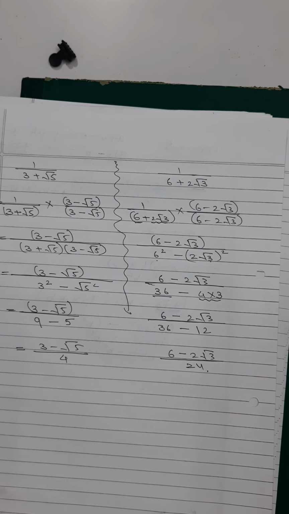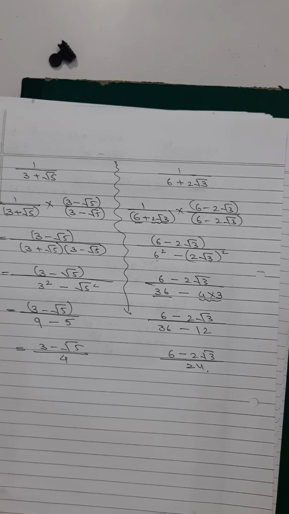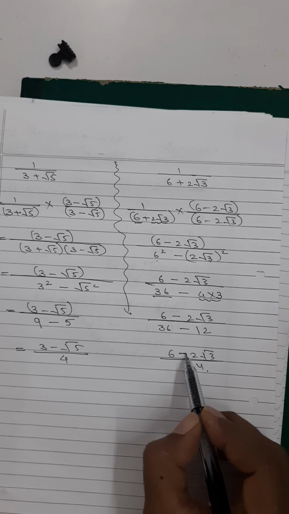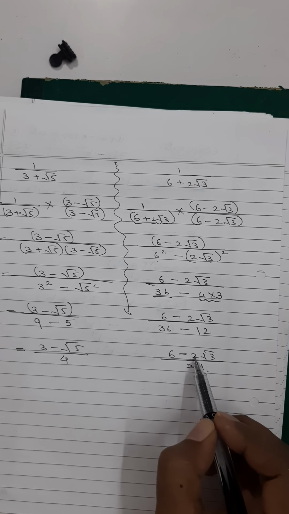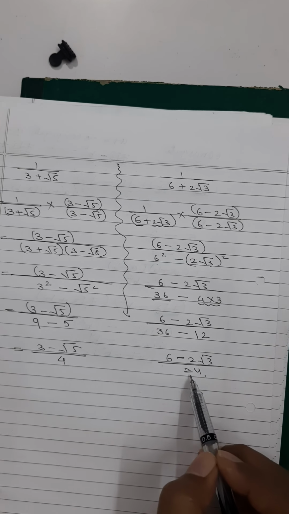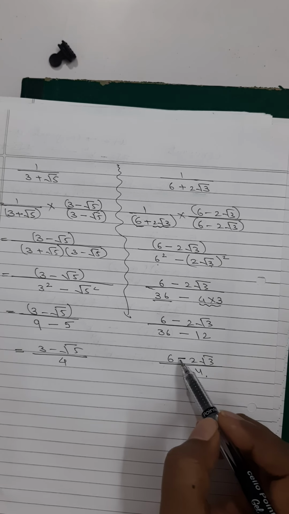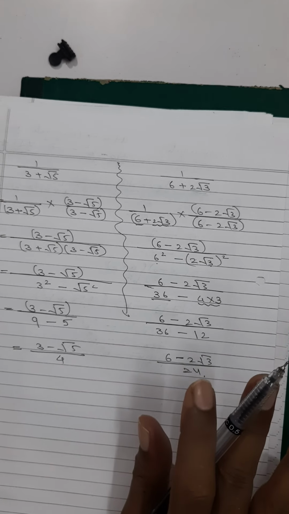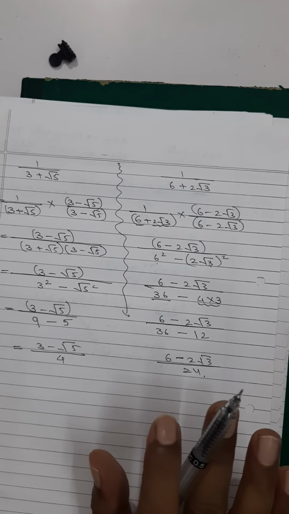Now it is very important over here, my dear students, this can be solved and you have to know how to solve this. Most of the time, many students make a blunder here. I am warning you all, please understand what I am telling. Here there is a minus sign in between. I can't divide this. 2 1s are 2, 2 12s are 24, I can't divide. 6 1s are 6, 6 4s are 24, I can't divide. Even if there is a minus sign or a plus sign, I can't divide that. Remember this.